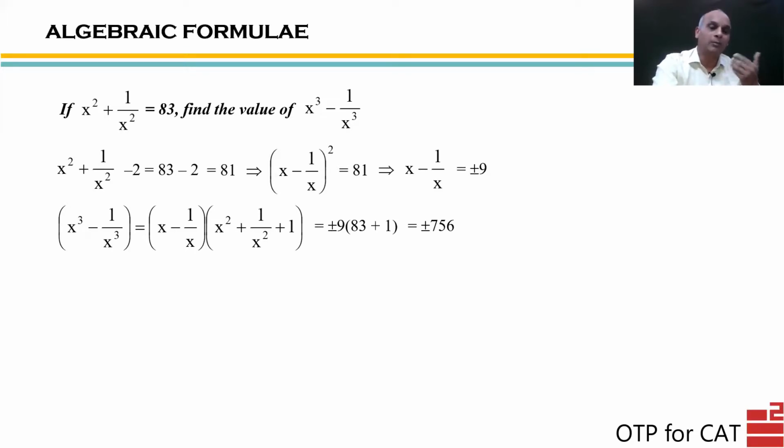So as I was saying, if somebody says that x minus 1 by x value is only 9, he forgets to say minus 9. So his answer will be plus 756. But if I create the options, and if I don't give you the option of plus 756, if I give one of the options of minus 756 and some other values which is anything but 756, you might say the answer is not given. The correct option is not given. Maybe you'll feel the question is wrong. But actually this is not the case. You made a small mistake by saying that x minus 1 by x is only 9. But actually it is plus minus 9. So keep this thing in mind. Okay?